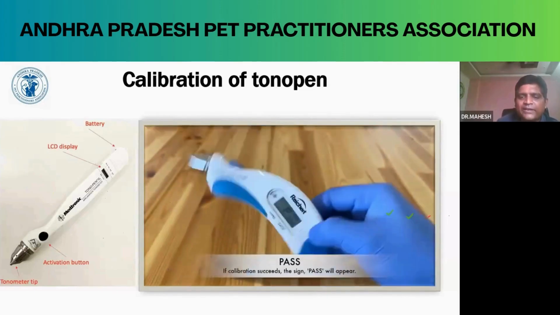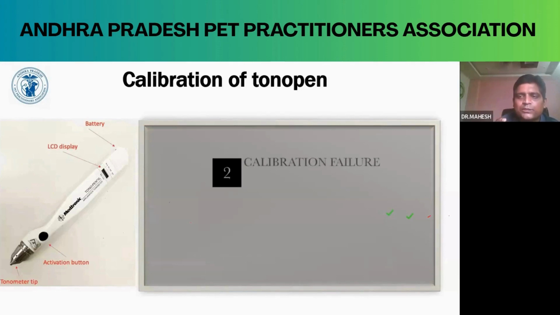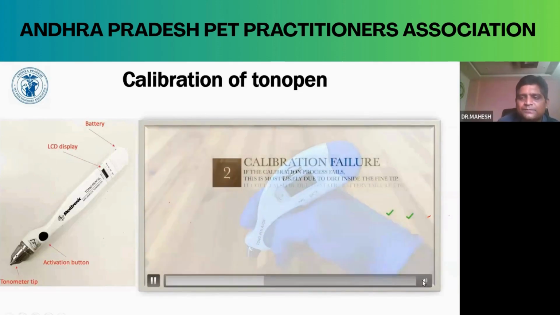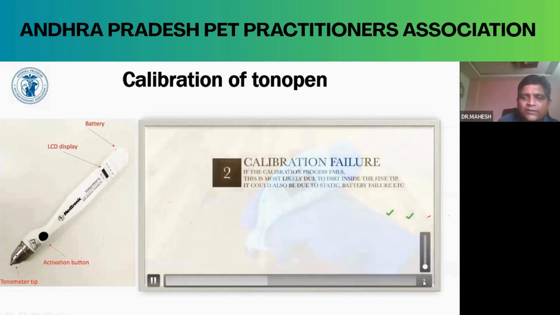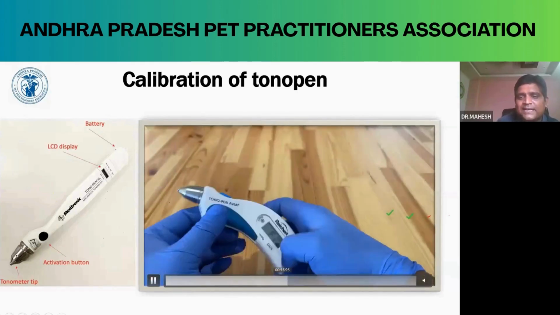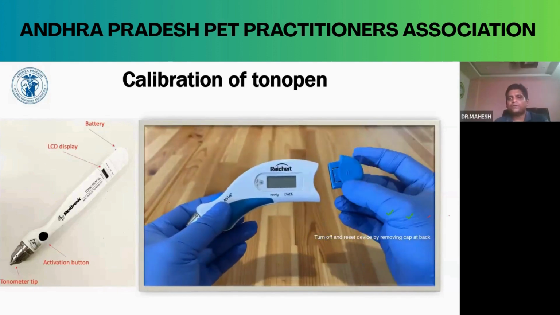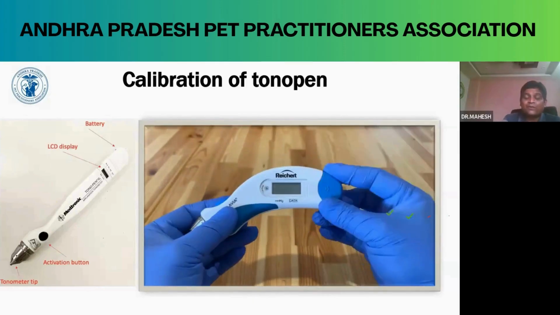Then it will give an indication of the pass. The pass means you can use the tonopen on the animal clearly. Sometimes, even after calibration, we will not get the pass. For example, you can see here the fail, which you will observe in some cases whenever the tonopen